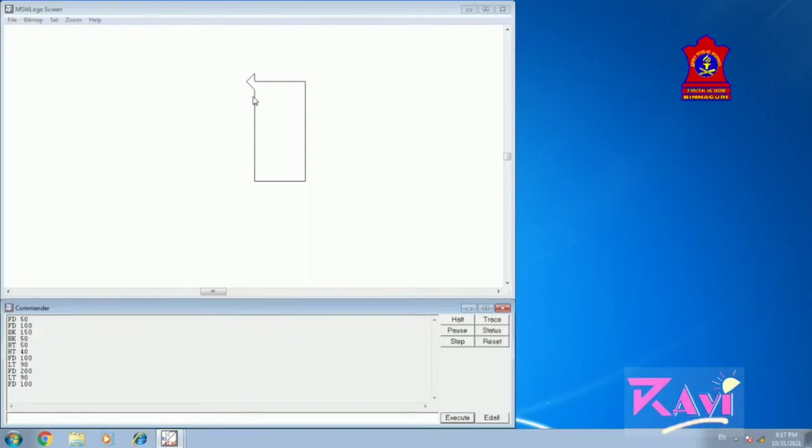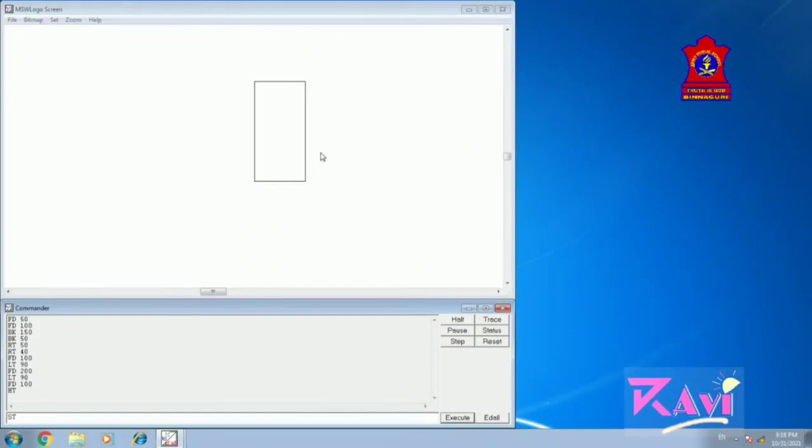There are commands to hide and show the turtle. To hide your turtle, you can type HT and press Enter, and your turtle is hidden and only the rectangle is visible. Now if you want to draw anything again, you can bring your turtle back on the screen by typing the ST command, that is, the show turtle command.